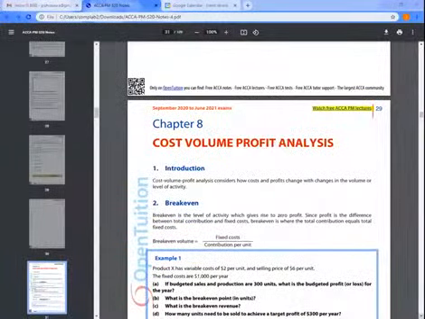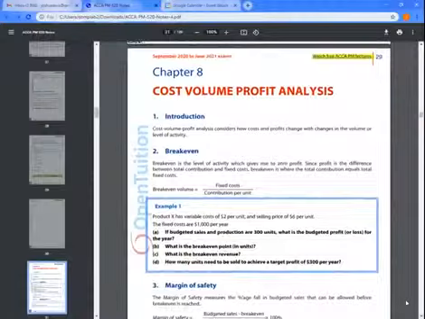If you can remember very well from your section 2, cost volume profit analysis is also what we call break-even analysis. Now, ladies and gentlemen, the most important thing you're supposed to know is this point of break-even. If you can recall even from your QA last semester, at the break-even point,